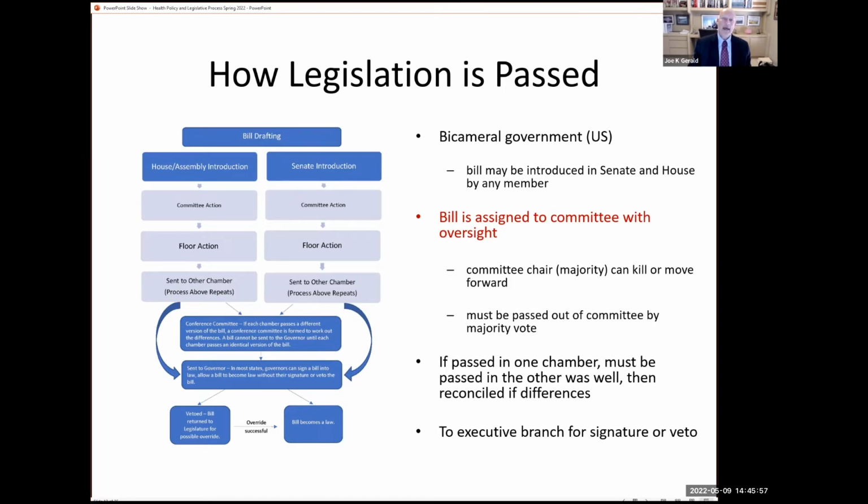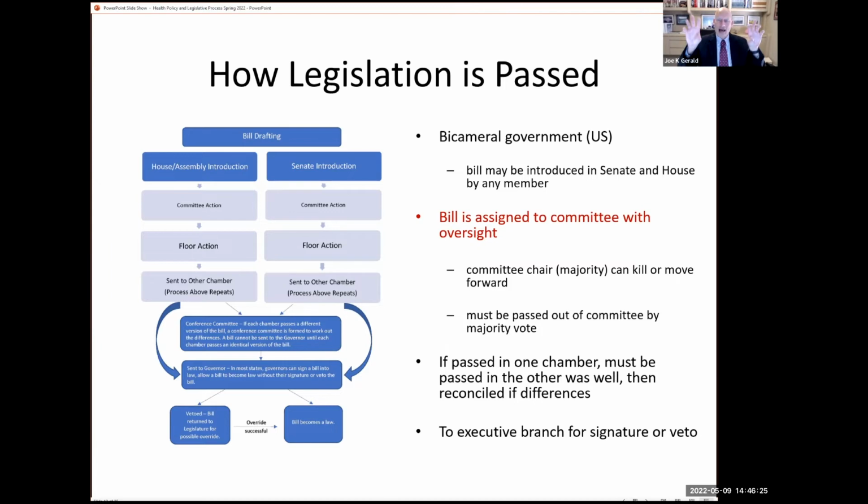Okay. And so if a bill actually is taken up by committee, it's voted on by committee, and it passes, well, that process has to start all over again in the other chamber. If a bill was introduced in the House and passed in the House, then it's transferred to the Senate, where the process starts all over again, with the key factor being which committee that bill gets assigned to and what happens within that committee.